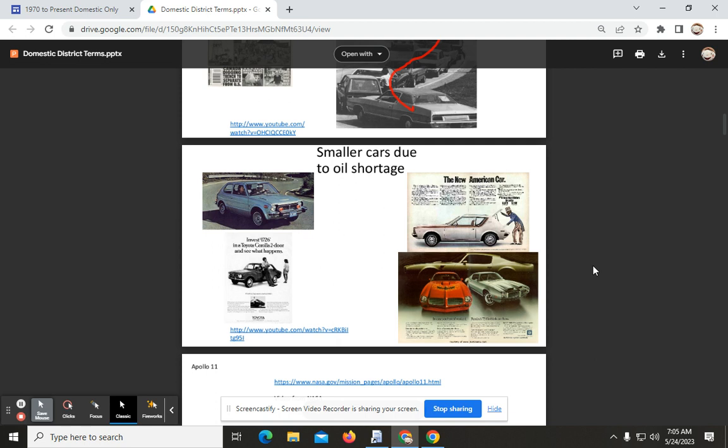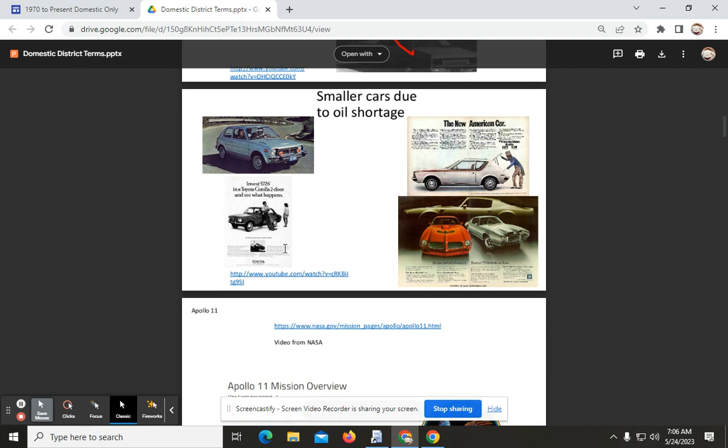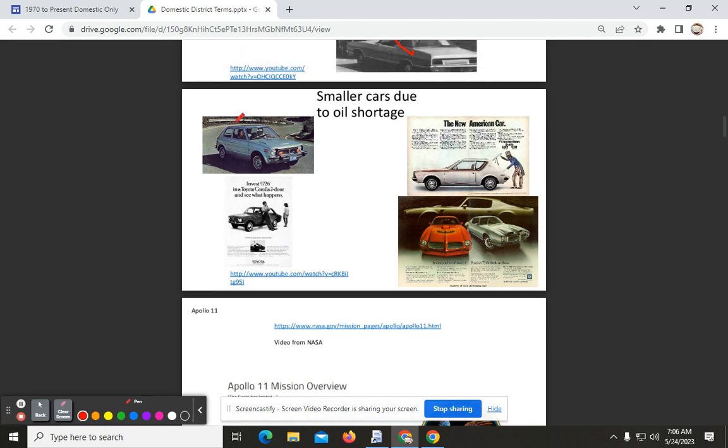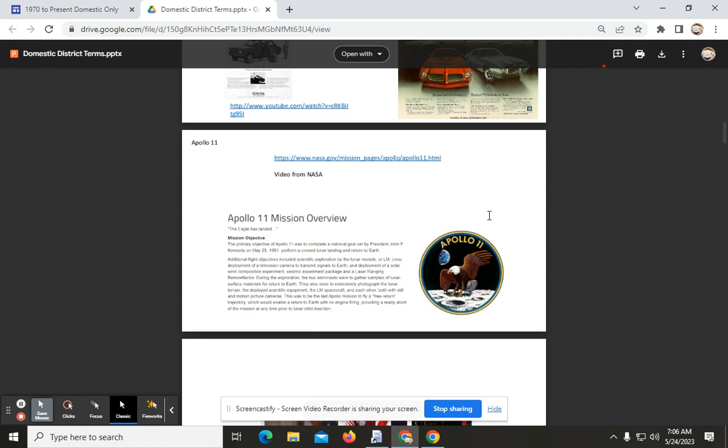During the 1970s, the United States car manufacturers would try to create cars that are more efficient than the Japanese cars, like this old Honda Civic here. Remember, Americans were used to the 8-cylinder engines, which use a lot of fuel, and these smaller vehicles could have 3 or 4 cylinder engines, which means it uses half the amount of fuel. And you start to see, as a result of that oil crisis,